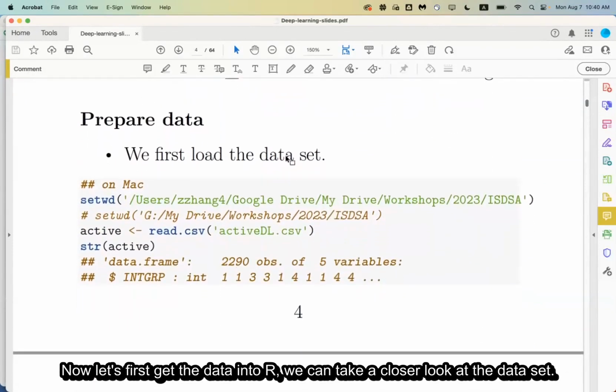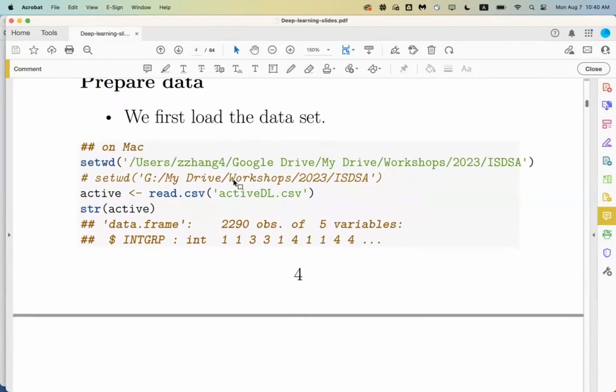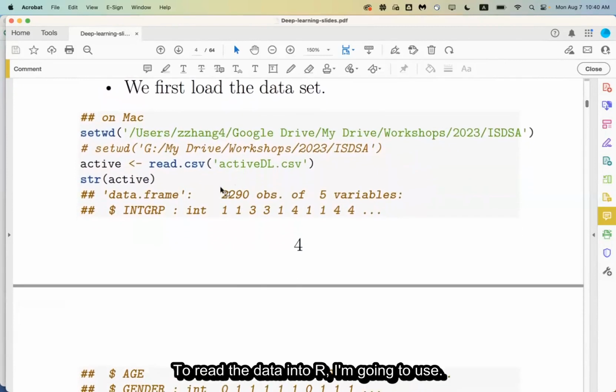Now let's first get the data into R. We can take a closer look at the data set. To read the data into R, I'm going to use